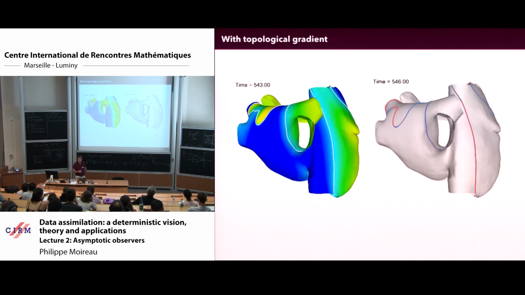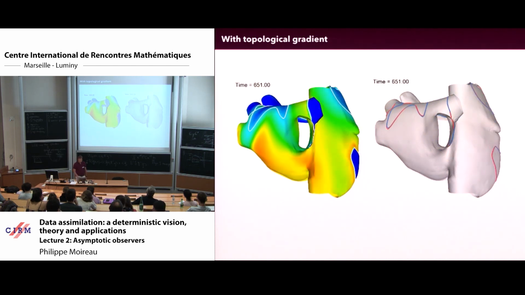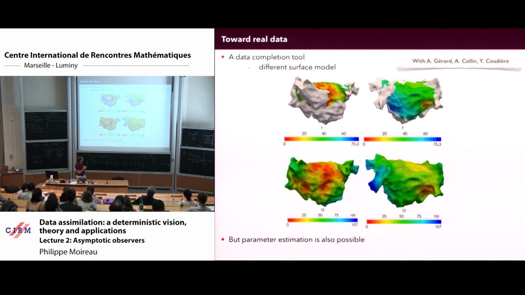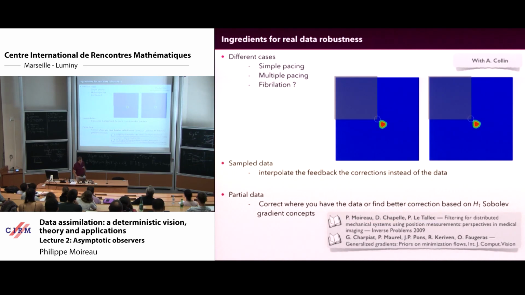So you can even pursue a fibrillation, and then we did that for the real data, not the parameters for the moment, but for the real data, it allows you to complete the data. It's a nice way to use the observer to then regenerate the complete data everywhere. We were also working on the fact that when you don't have the data somewhere, maybe you can modify the term a little bit.